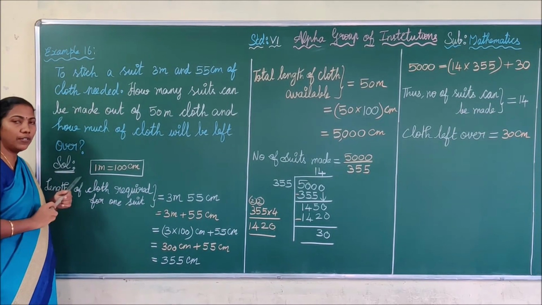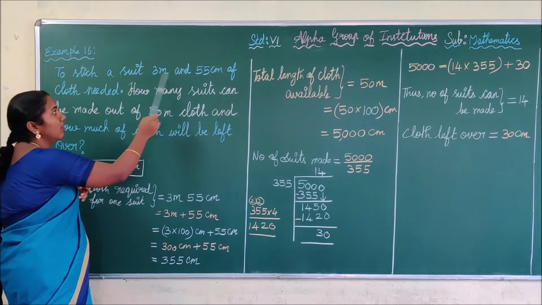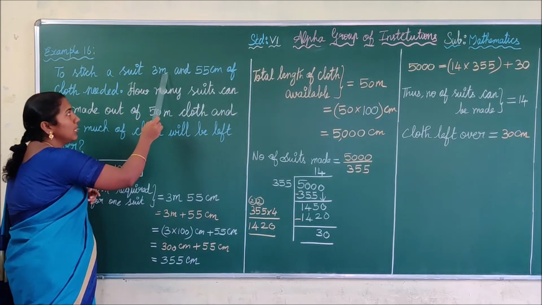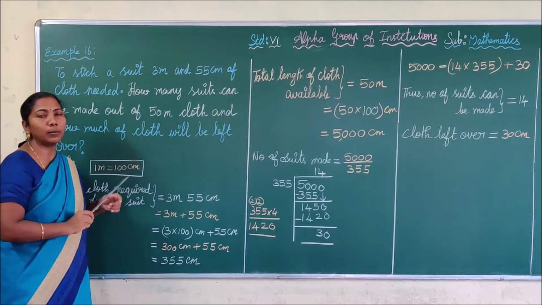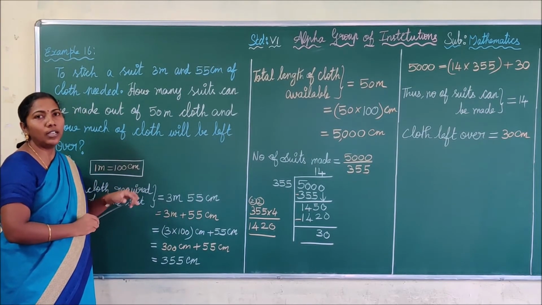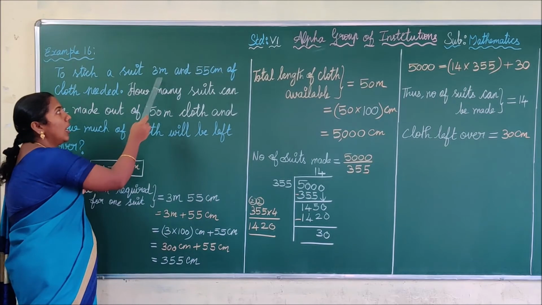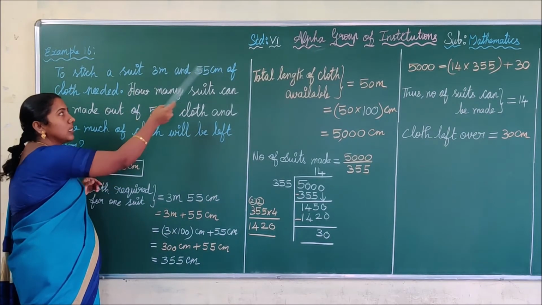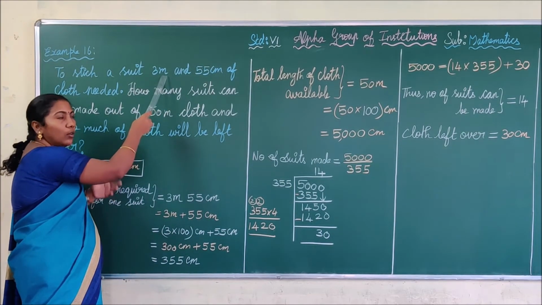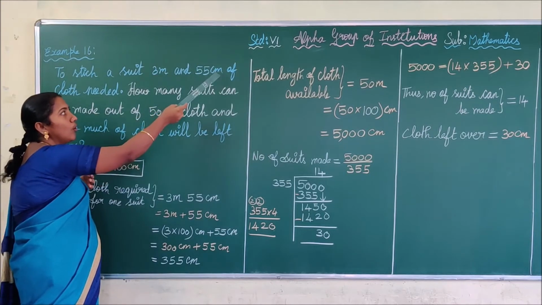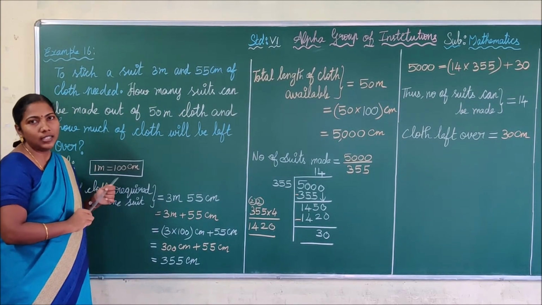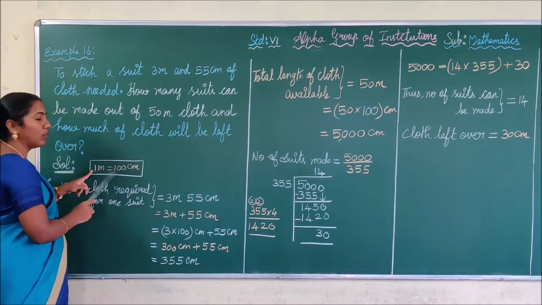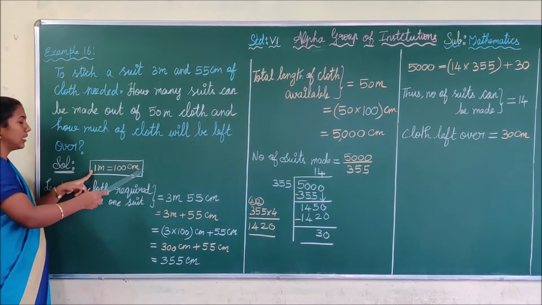As we saw in the previous problem, in the question they are giving me 2 units. That is, one unit is meter and another one is centimeter. So for the calculation purpose, you have to convert them into a single unit. Which is the higher unit, meter or centimeter? Meter. So we are going to convert this higher unit to the lower unit. We know the conversion formula, 1 meter equals 100 centimeters. So first we have to write that formula, 1 meter equals 100 centimeters.